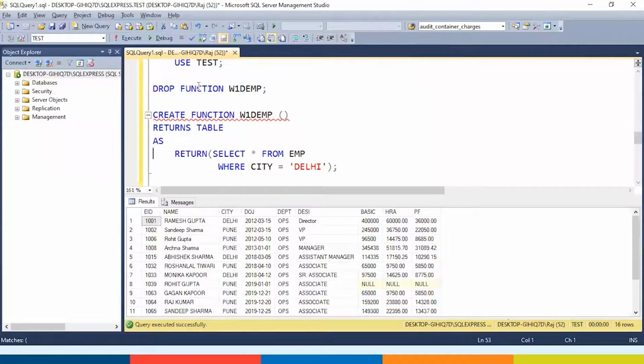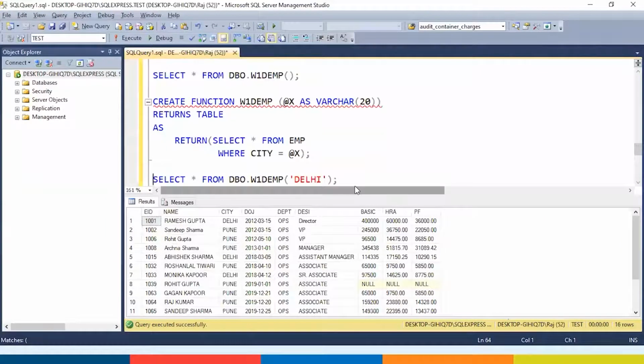So we do not use begin and end in the table valued function, because whatever code or query you are writing, finally you will be writing only one statement. No matter what sort of functionality you are performing, finally you will be getting only one. Okay, so that is the difference over here, and obviously it returns a table. So a function can take any number of arguments, but will always return a single value. Remember this one.